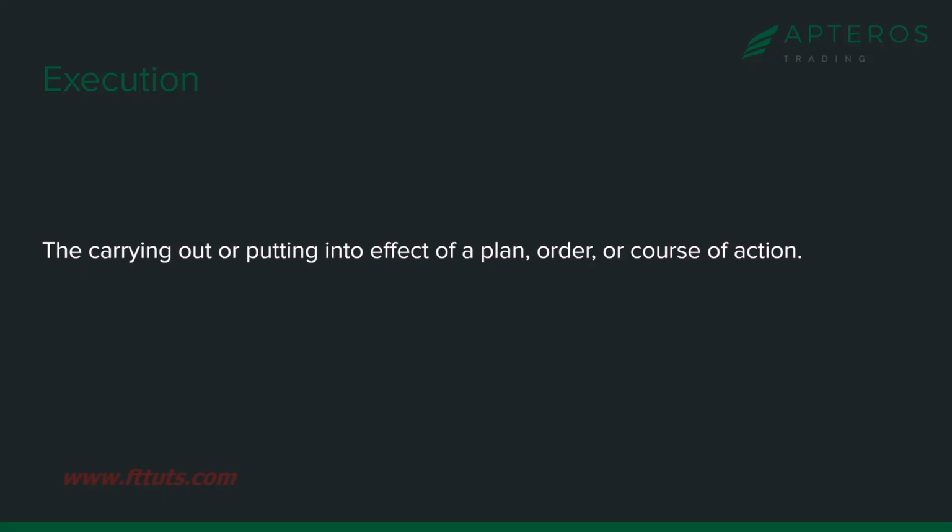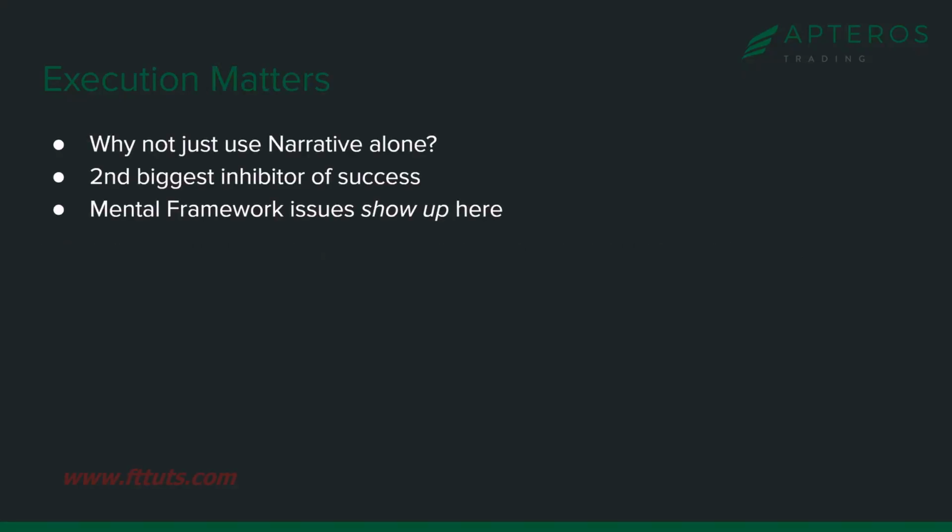And for us, we have narrative, we have risk reward, we have our bias, we have lines in the sand, and now we can go execute. But we have to have those things first. Why don't we just use narrative alone? Get that risk reward landscape and just put risk on and just let it go, right? You could, quite frankly, but even then, at some point, you've got to figure out a process for clicking the button, hitting the hotkey. Like, when is the right time to do that?